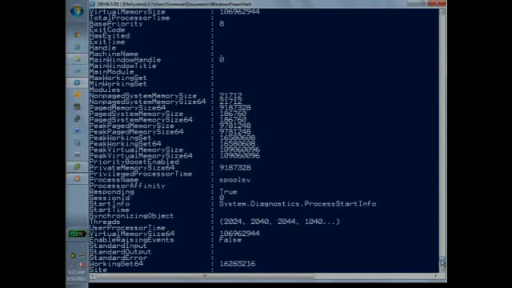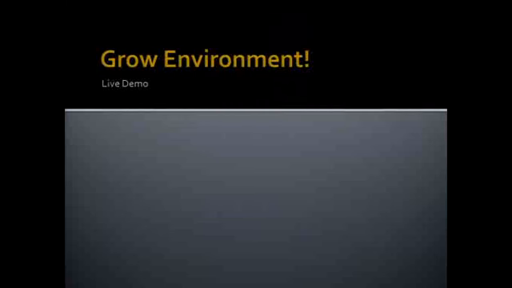Okay, so who actually wants to start building some stuff? Go. All right. So while he's queuing up the video, we're going to go through a live demo of growing an environment. So basically you started with one ESX host. You decided you liked virtualization. You bought a second ESX host. You bought a license for Virtual Center. We really need to make this stuff start working, right?